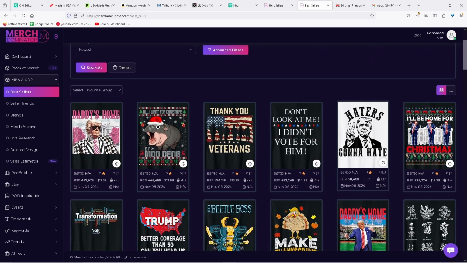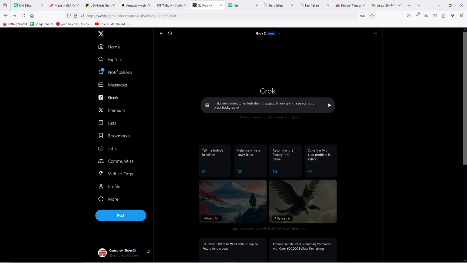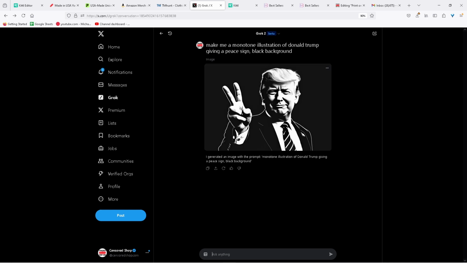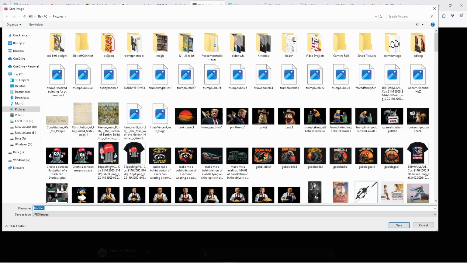I saw this Haters Gonna Hate design earlier, so I already wrote up a little prompt here to try to replicate it with the Grok AI on Twitter, now known as X. So let's see what it does. I usually don't say monotone illustration, I usually just say like a graphic. That's pretty good though. Quite good, isn't it? So save image,